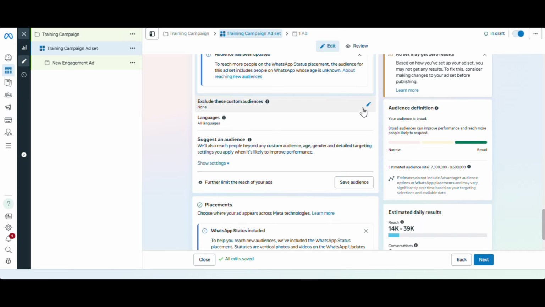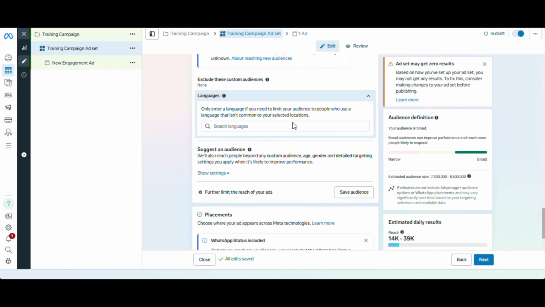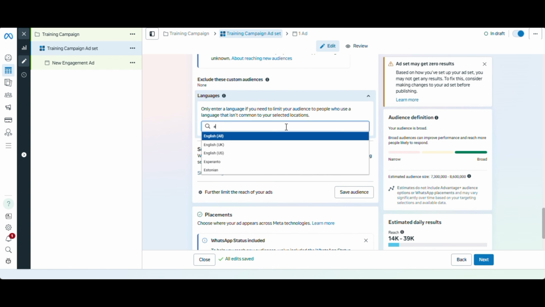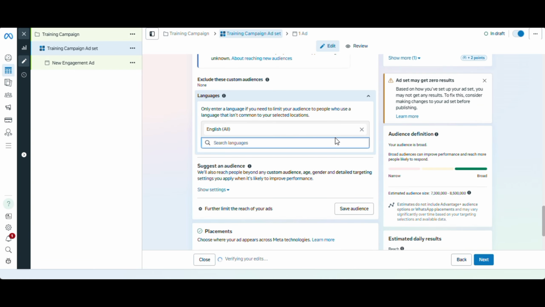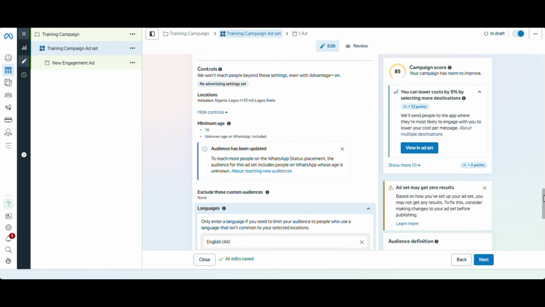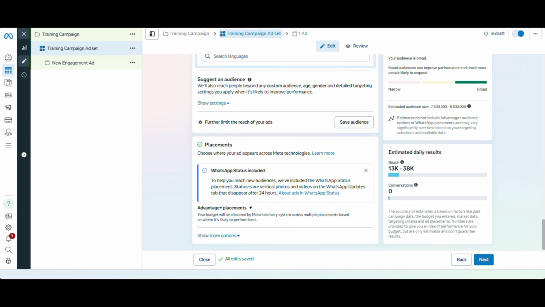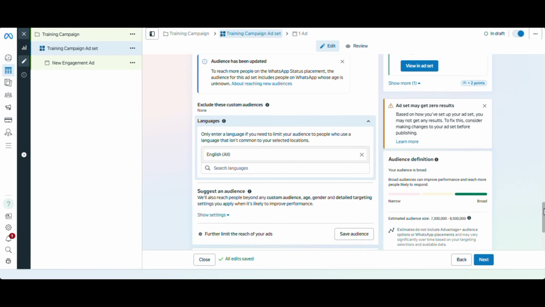If you are selling an e-commerce product, you know who buys it, or the gender who is likely to buy it. Under language, you can come here and select English, if what you are selling requires people to be more literate, like having an understanding and knowing how to read simple English. So now